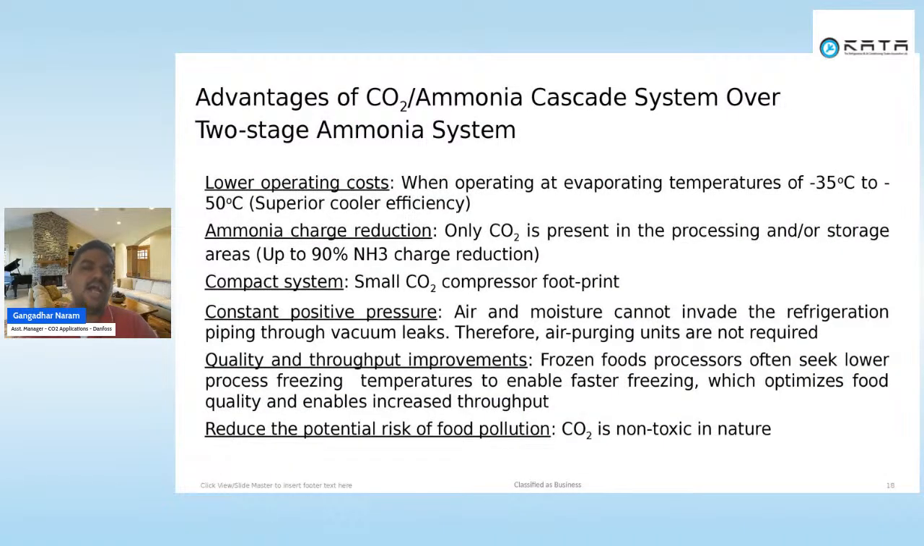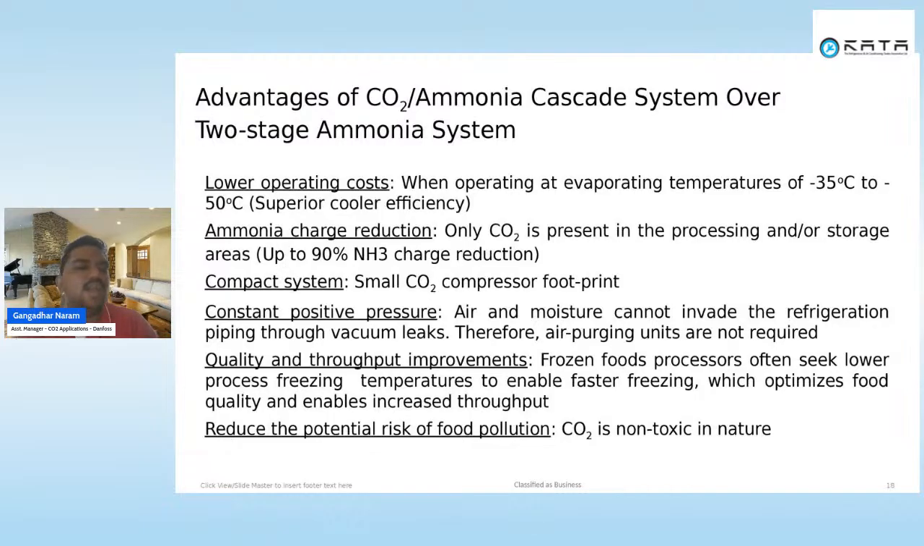So, the main advantages of the CO2 ammonia cascade system over a two-stage ammonia system: low operating cost, because of the superior cooling efficiency, particularly when you are operating at minus 35 and below. When you're operating at minus 35 and below, CO2 is one of the best refrigerants. It can give you a lot more advantages compared to any other refrigerant in the industry because of its thermophysical